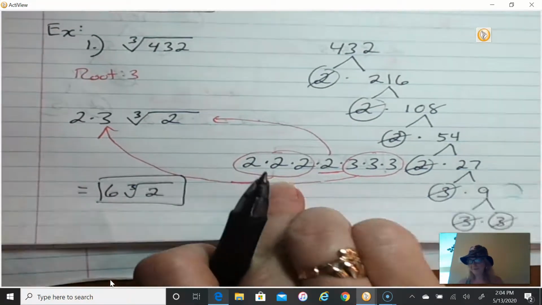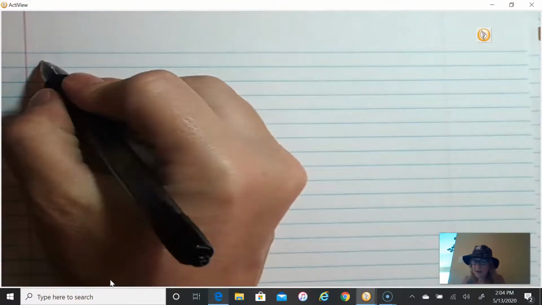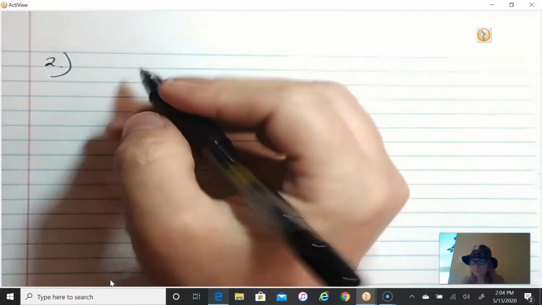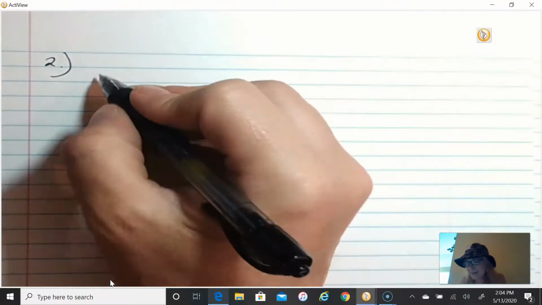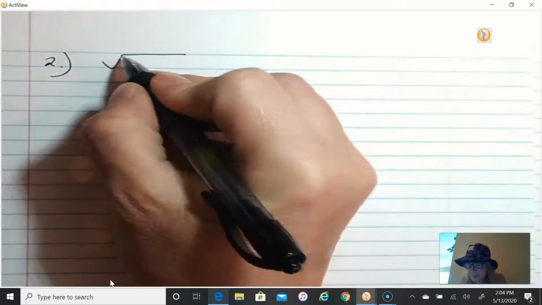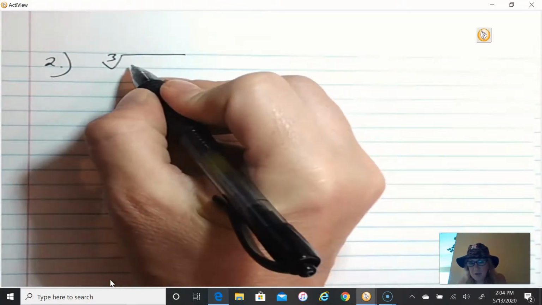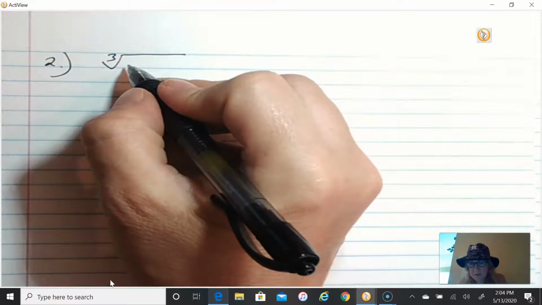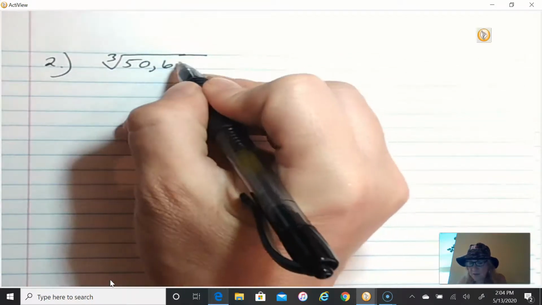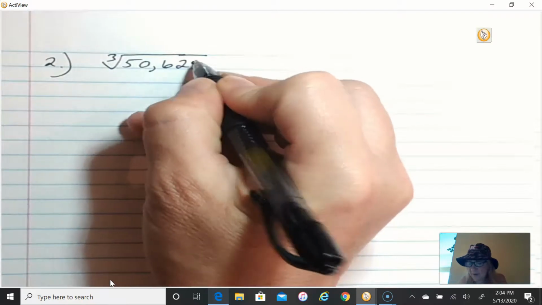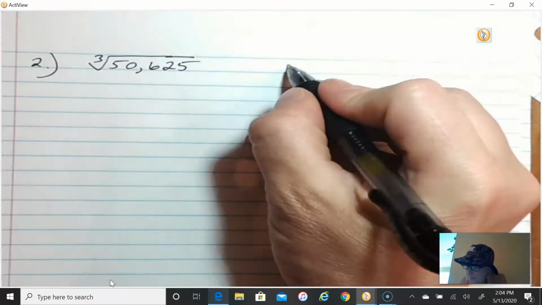One more. Last one, and this is ugly. Not really. The cubed root of 50,625. Yeah, man. All right,